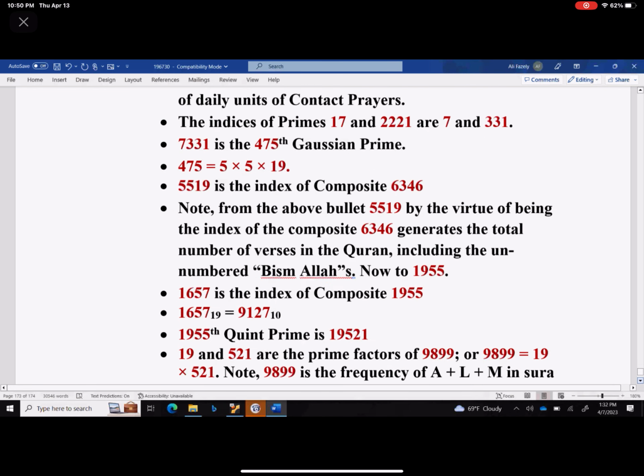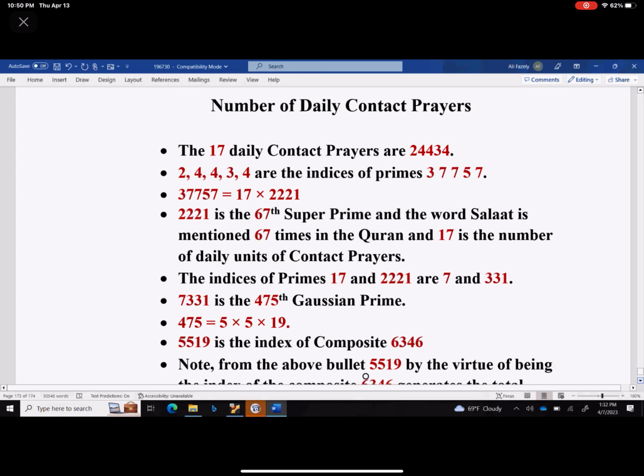So why did I go through this? Why did I go to 37757? Why did I do that? Remember now, if I multiply 3 times 7 times 7 times 5 times 7, we are going to get the number 5145. That number, 5145,